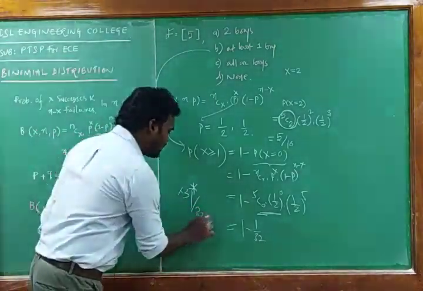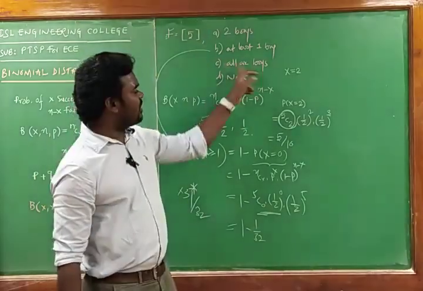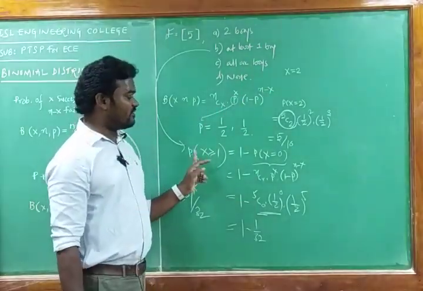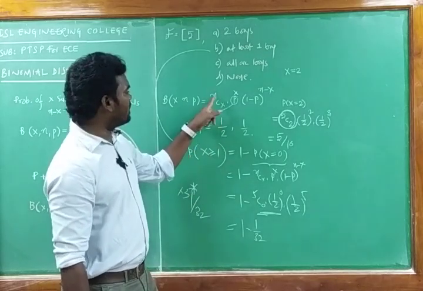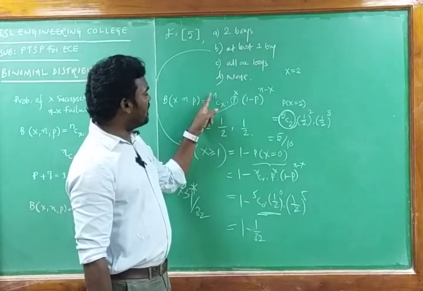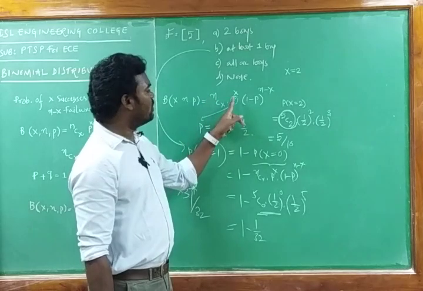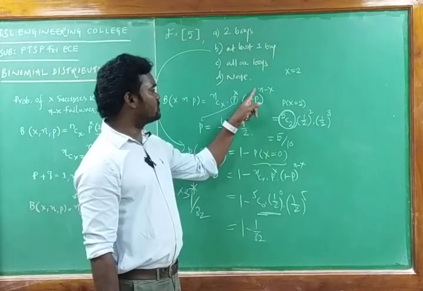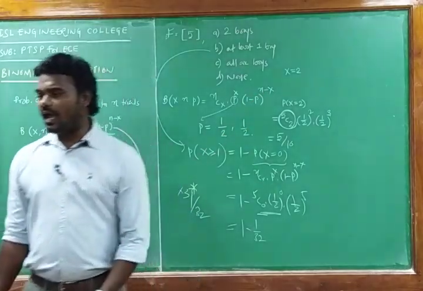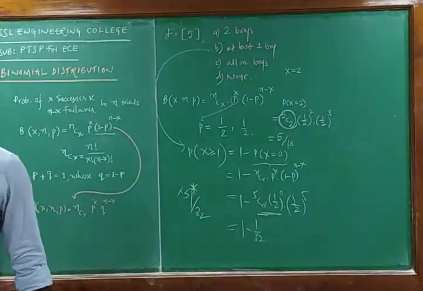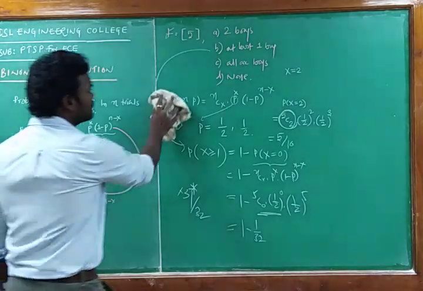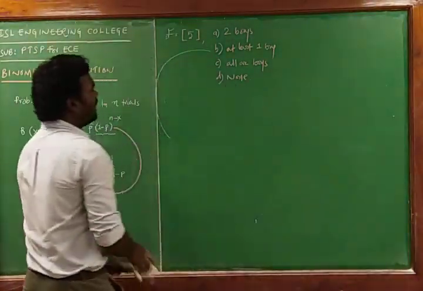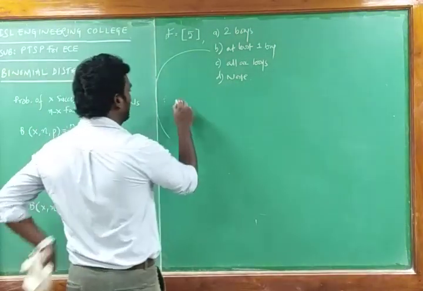In a similar way, you can calculate all the boys. All the boys means what? You have to go with x equals 5. X equals 5 means n is equal to 5, 5C5 into 1 by 2 to the power 5, and this is 1 by 2 to the power of 5 minus 5, that is 0, and by substituting that one you can directly get the answer. And so I am going to solve that one also. Then I am going with the standard formula. What is the standard formula?